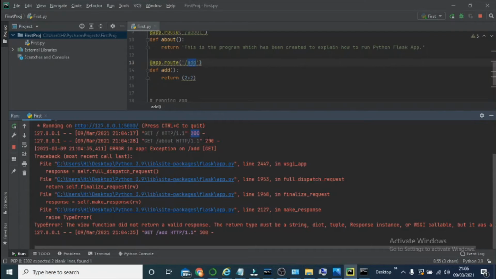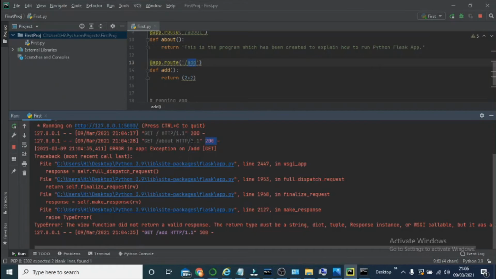So two functions have executed successfully. You can see here the simple slash, that is your home page, and we have seen that the home page executed successfully. Then I demonstrated the about function, which also executed successfully, and this 200 is indicating that.